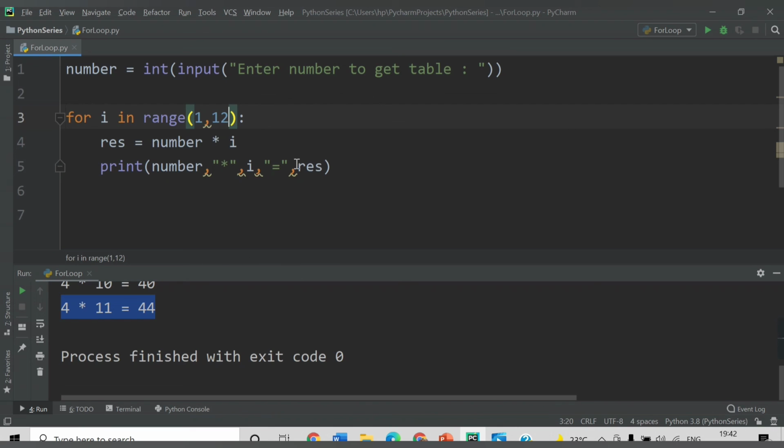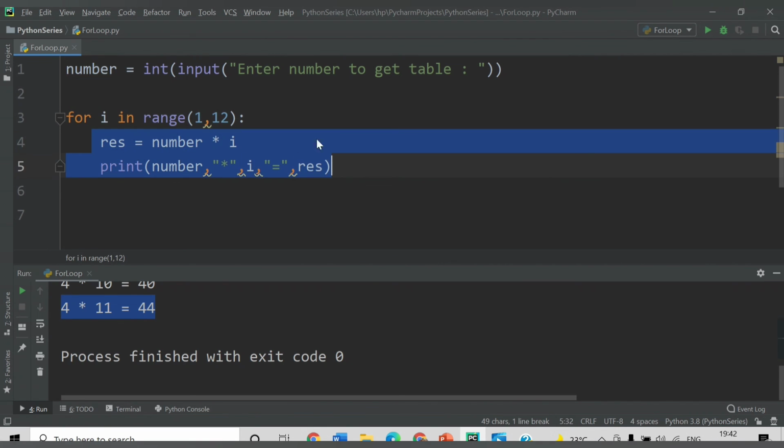So in this way you can make use of for loop. The for loop will continue to execute the block of statements till it gets false, because it was starting for 1, then it has executed this statement. Again it has done the same thing for 2, 3, 4 till 12, because for 12 it is getting false, then it is not executing this statement. So that was the use of for loop. We will see more features of for loop in next video.